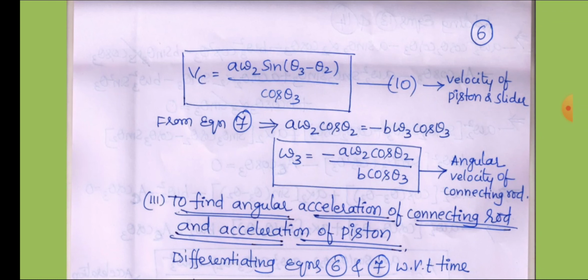What is the first part? Finding theta 3, because I know only theta 2. Because theta 2 is known, the one more angle which I don't know is theta 3, that is the connecting rod angle that I should find. That is the first part. Second part, I should find velocity components, meaning the linear velocity of the slider, that is Vc, and the angular velocity of the connecting rod, that is omega 3. Just now I got it. Next, the third part